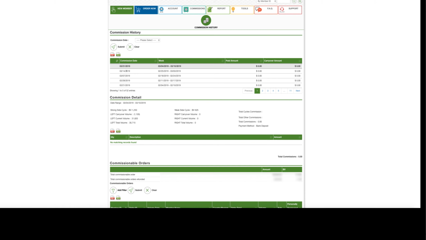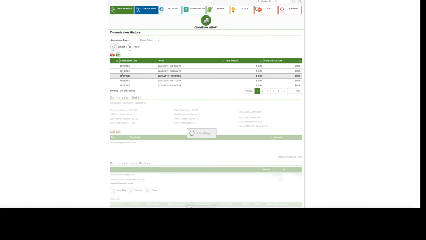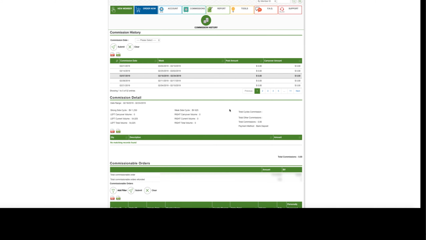This is where the dates are. Whenever you click on a specific week, you get all the details about the volume that was being generated in that week. If you earn money, then this is where it would tell you if you've earned 200, 500,000, whatever the amount is. If you are VAT registered, which this position is not, but if you were,